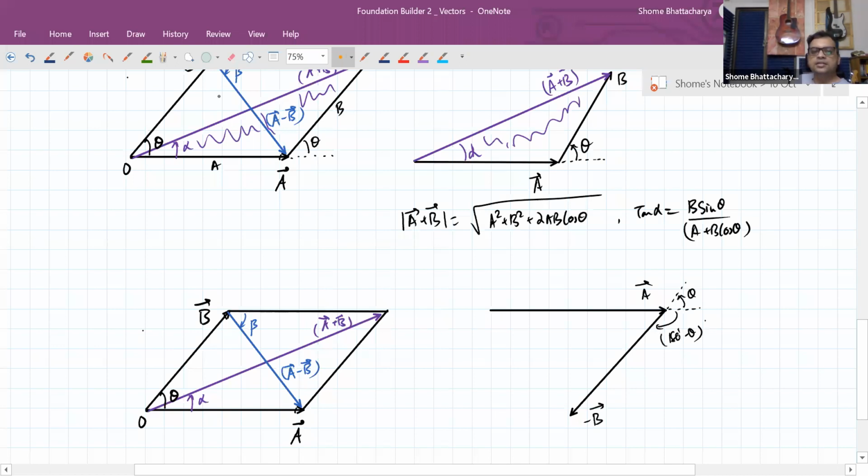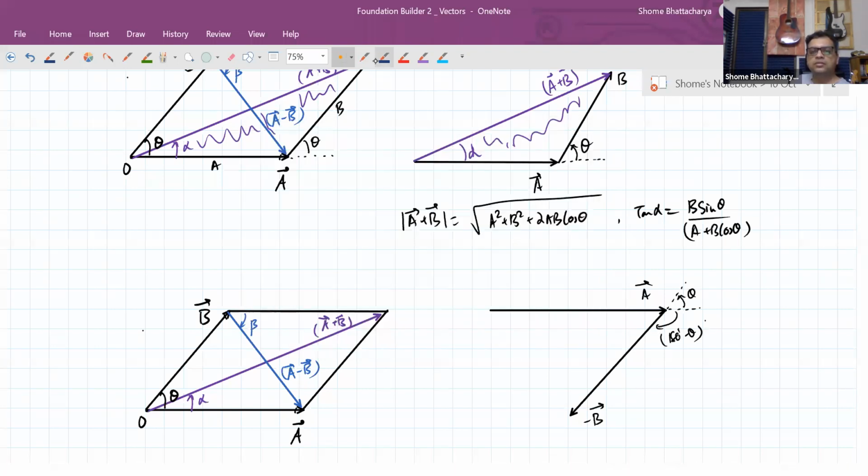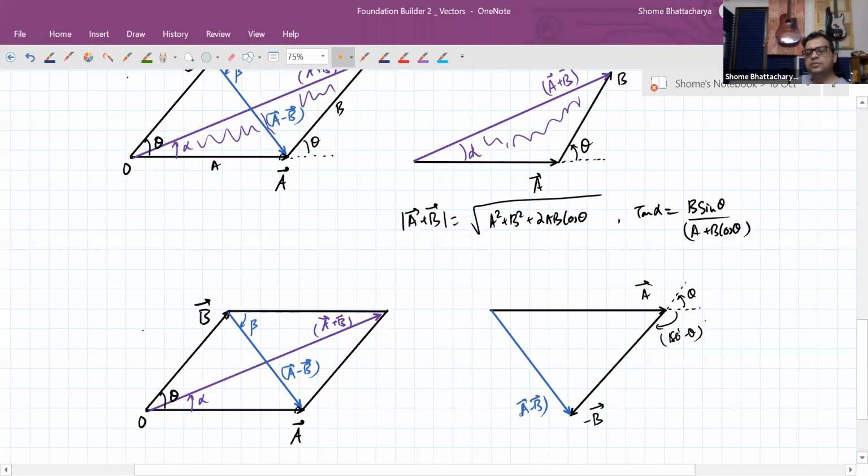Okay. And then in this diagram we would have seen that the resultant of a with minus b, this one becomes a plus of minus b, or this one becomes the vector a minus b. So once again you will be able to show that this second triangle that we have drawn is contained within the parallelogram. Okay, this triangle here is nothing but this triangle here.